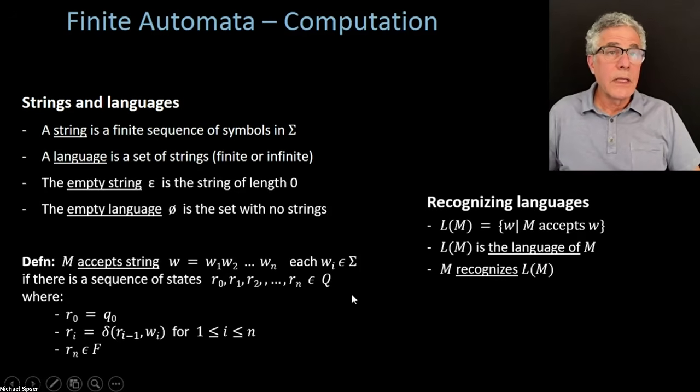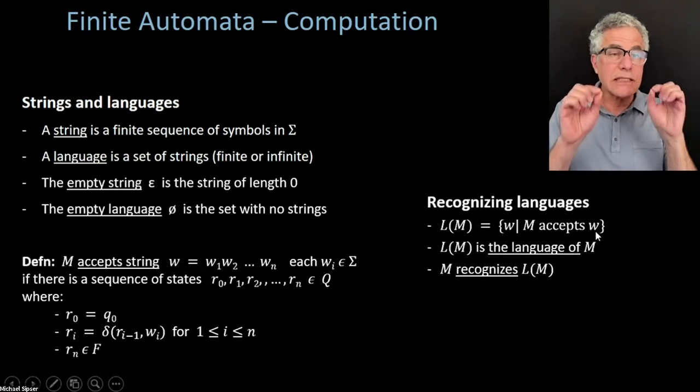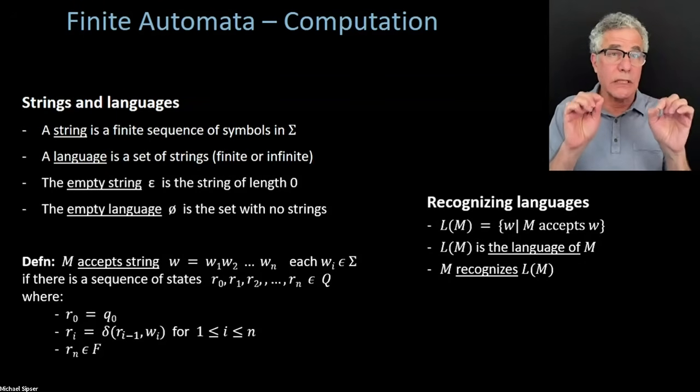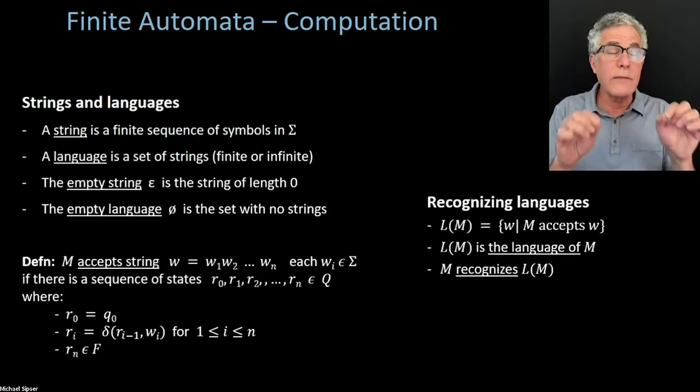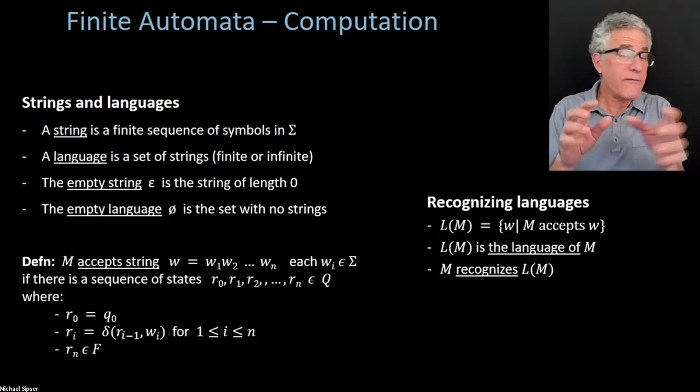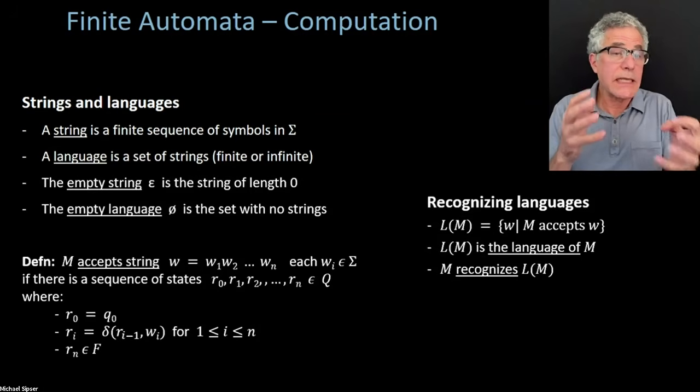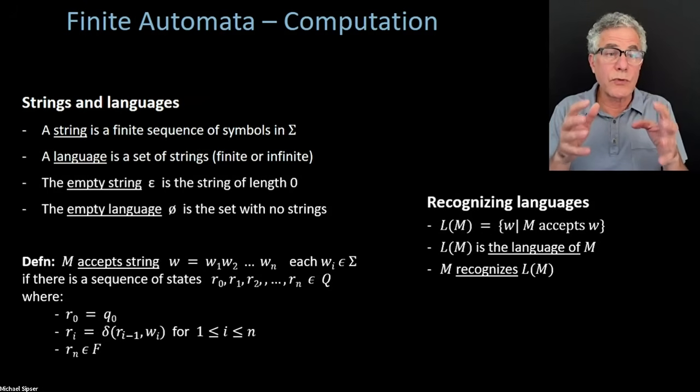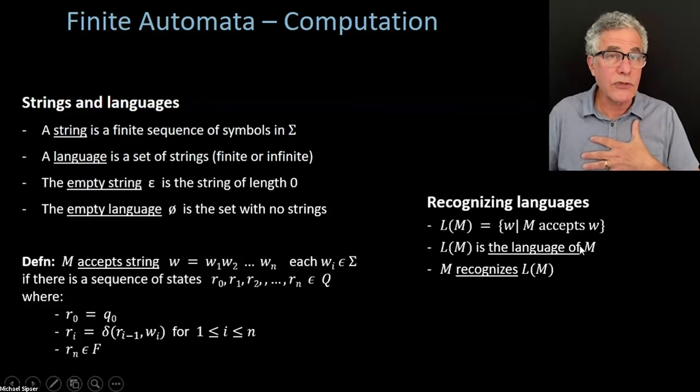Okay. So now, getting back, we've said this once already, but in terms of the language that the machine recognizes, it's the collection of strings that the machine accepts. It might accept many strings, but it always recognizes one particular language. Even if the machine accepts no strings, then it recognizes the empty language. So a machine always recognizes one language, but it may have many, many strings that it's accepting. We call that language the language of the machine, and we say that M recognizes that language. These three things mean the same thing.